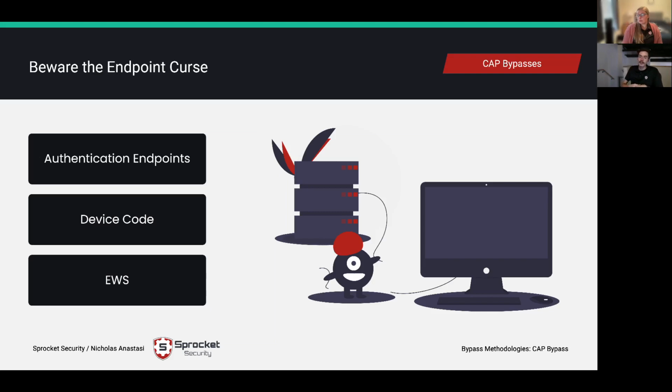The only reason I threw this in the slide is I was trying to bypass CAP and spent a lot of time on it with an organization in the last like 6 months, and it ended up boiling down to authenticating using a device code to Microsoft and providing a Mac OS platform string or user agent. So this is a very weird, fringe edge case methodology for bypassing MFA.